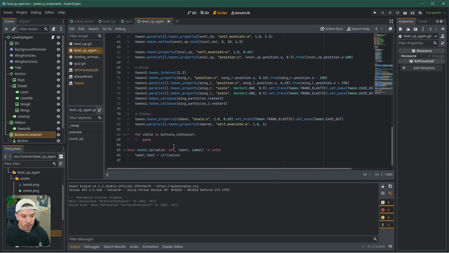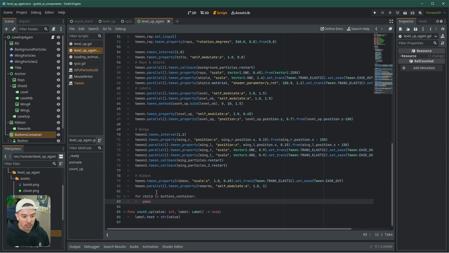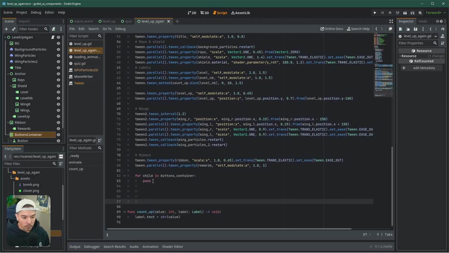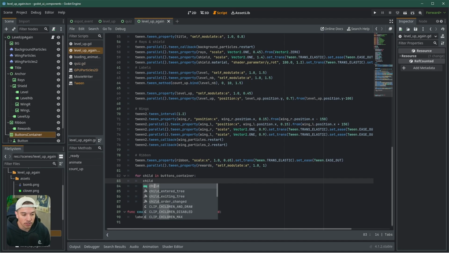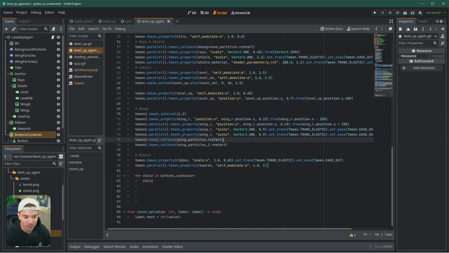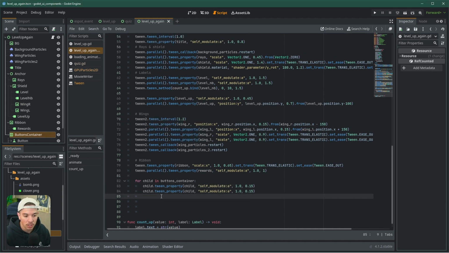Okay? So then I go back to here, and what I want to do is pretty simple. I want basically to move them and transition their velocity at the same time. So transition, not their velocity, sorry, their self-modulate. So we tween the property of the child self-modulate. Okay, of course. In 1 second, probably not. Probably like 0.15. It needs to be small. It needs to be small. And at the same time, we tween. So in parallel to that,